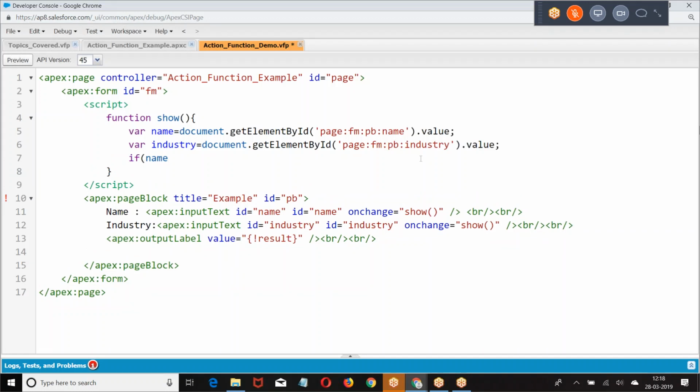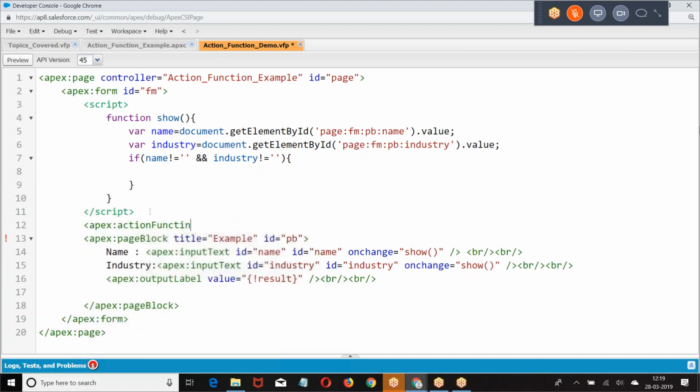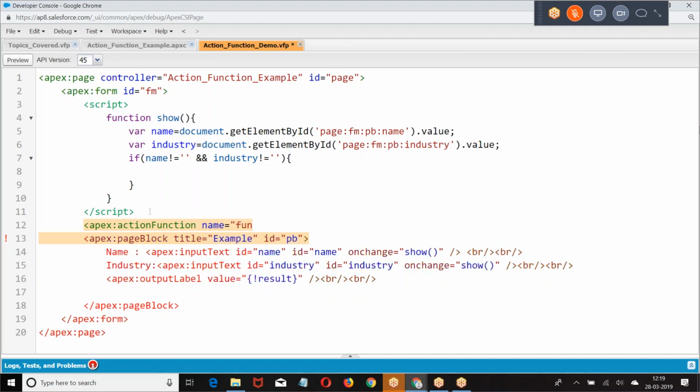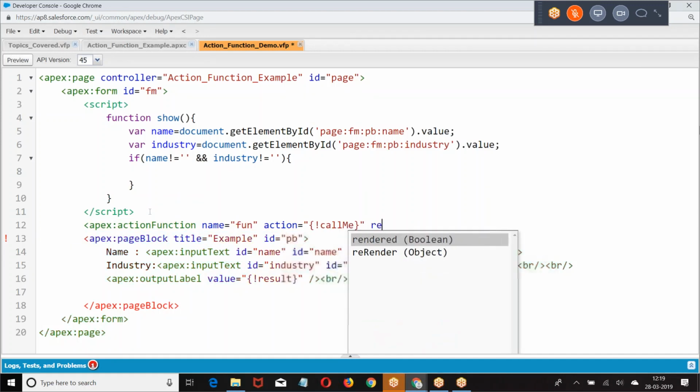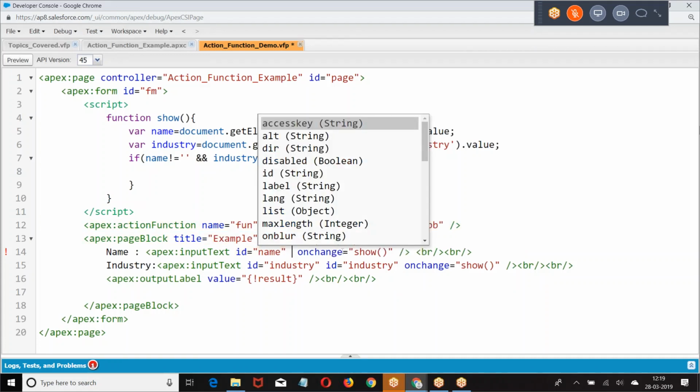Now what I'm doing? If name is not blank and industry is not blank, when the value of the name is not blank and industry is not blank, then only call the action function.